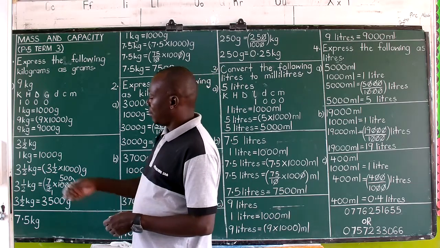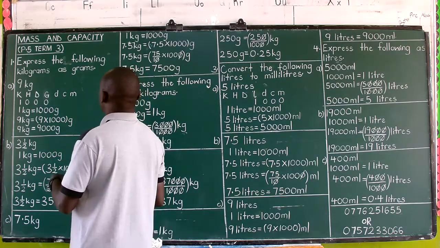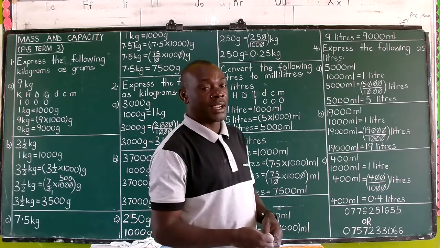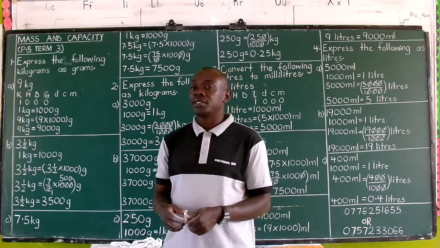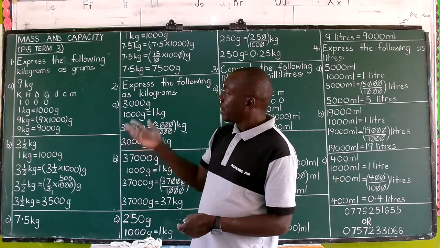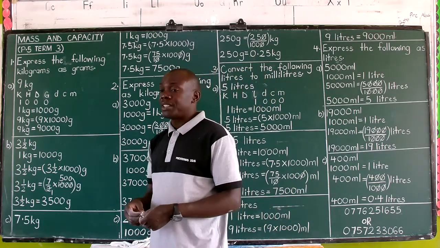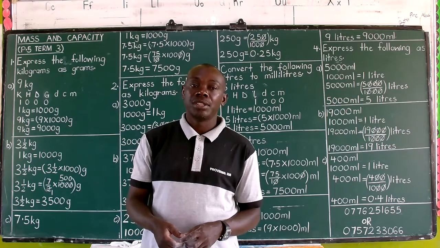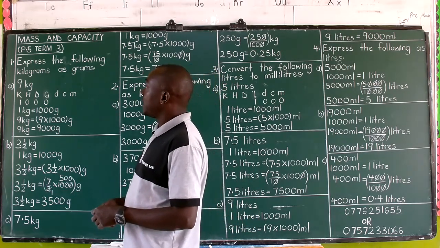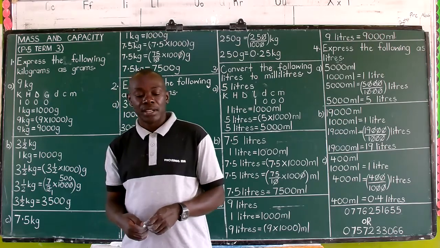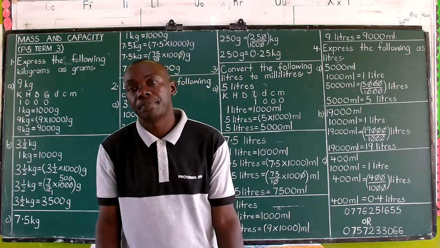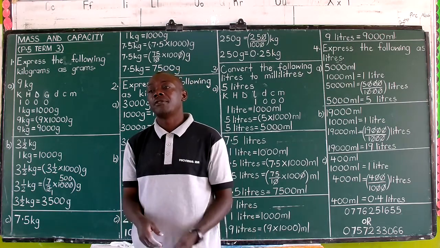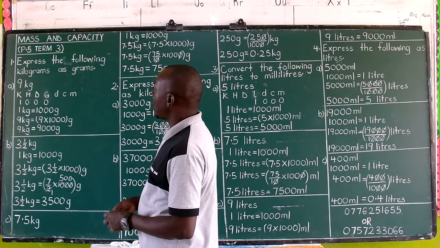So we are looking at mass and capacity. We said mass determines how heavy an object is, thus it's measured in kilograms or anything to do with grams. Then capacity means volume in liters, so we measure liquid substances. We then look at these examples that will aid answering those activities on pages 31 to 34 of the Primary 5 Term 3 workbook.